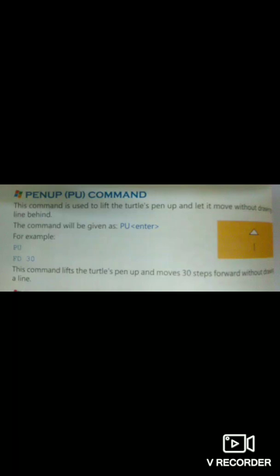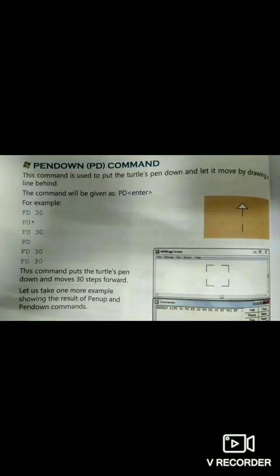The command is given as PU and then enter, and after that you give the command whatever you want to do, that is FD30 or 50, whatever it may be. This command lifts the turtle's pen up and moves only 30 steps or 50 steps forward without drawing a line.